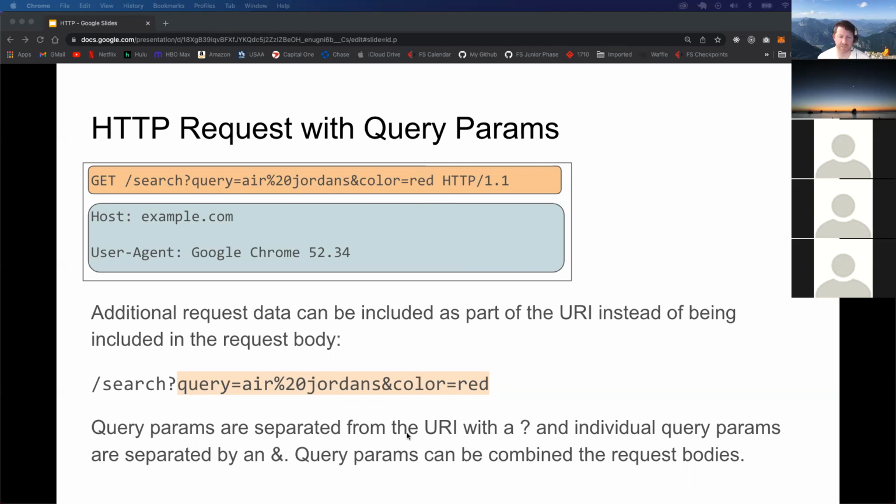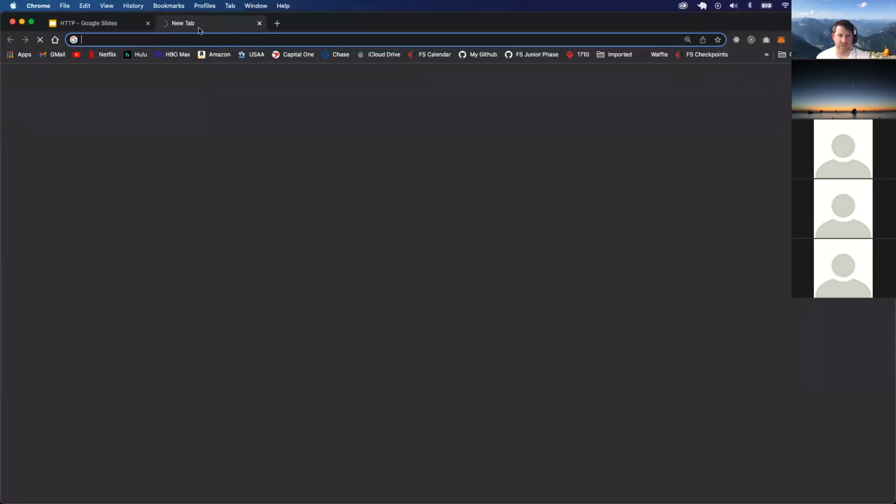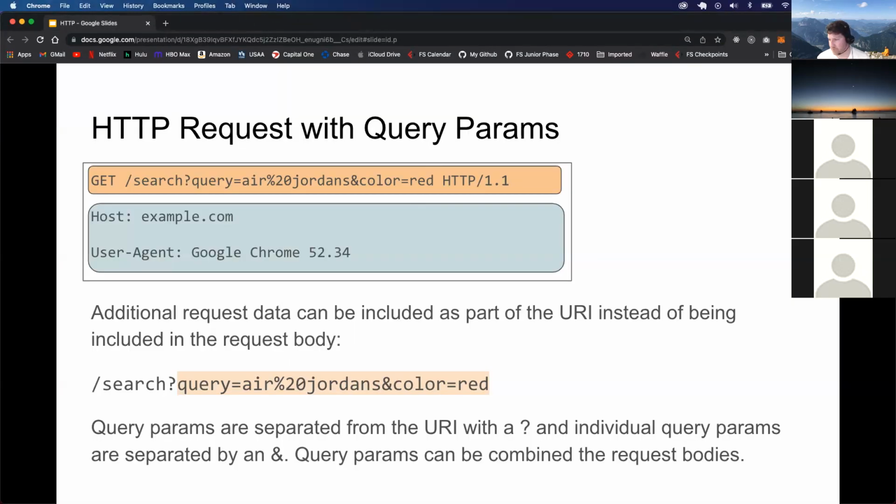So query params are separated from the URI with a question mark. So we have search, question mark, and then whatever parameters: query equals Air Jordans colored red, HTTP 1.1. And you can see that if I go to, like, Amazon,